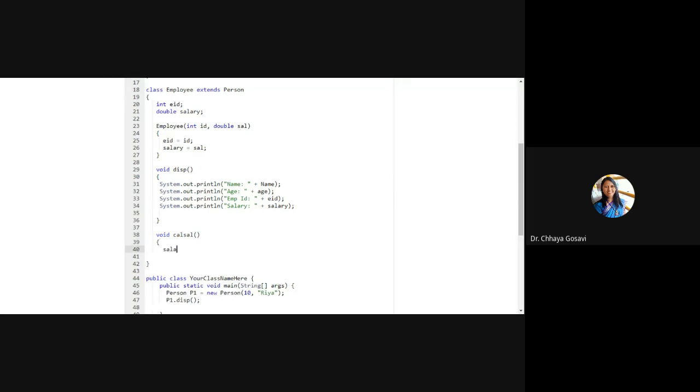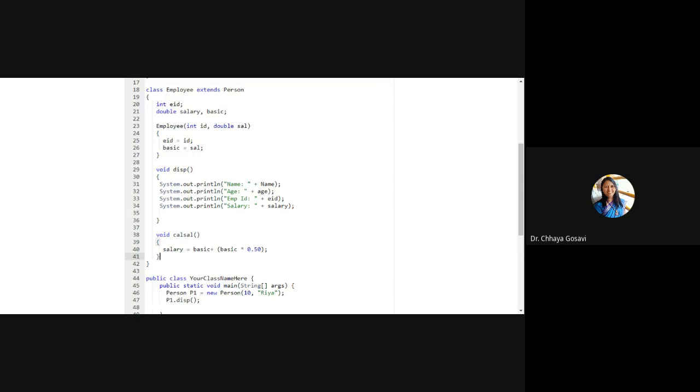The salary is equal to, this is salary and I will take one more field, basic. Basic is the minimum salary. Whatever salary the user has entered, that is basic, and from basic we can calculate the actual salary. Salary is equal to basic added with 50% of basic. This is just a simple example to tell you we can add different functions to a class.